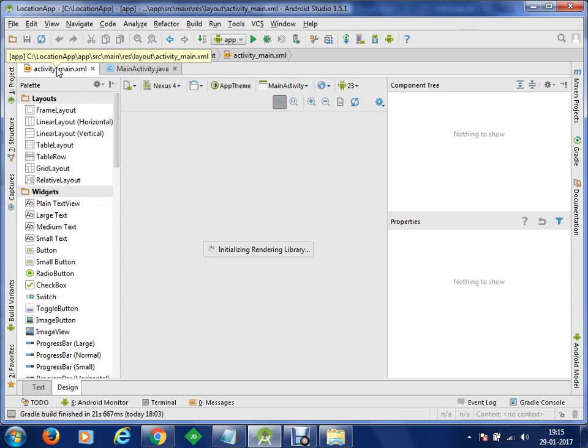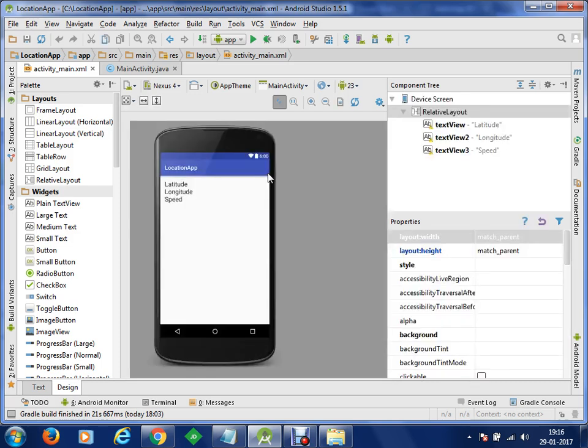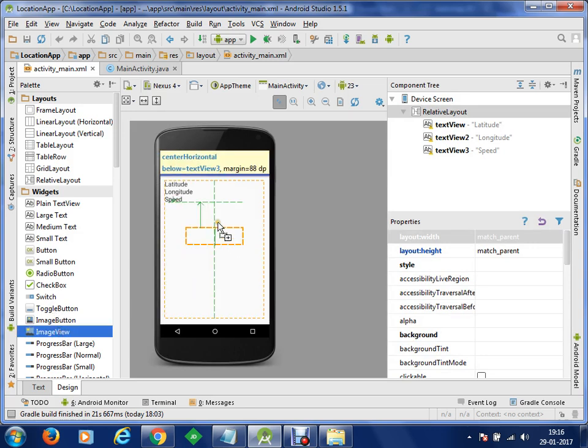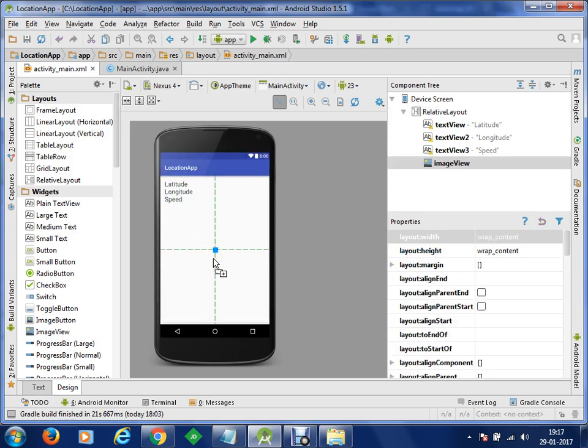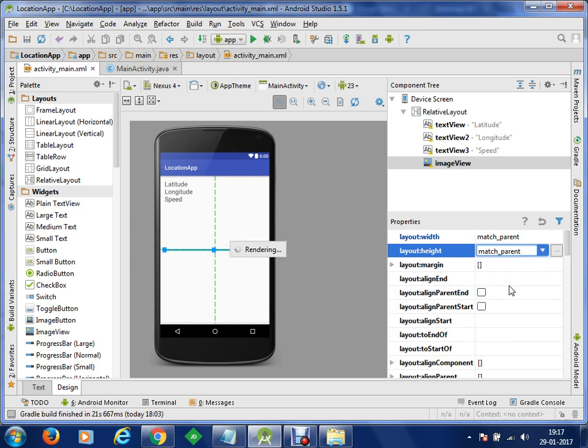So let's go back to the layout. To create the image view, let's take an ImageView and drop it into the application here. Now we can set the width to match parent, and the height will also be match parent.